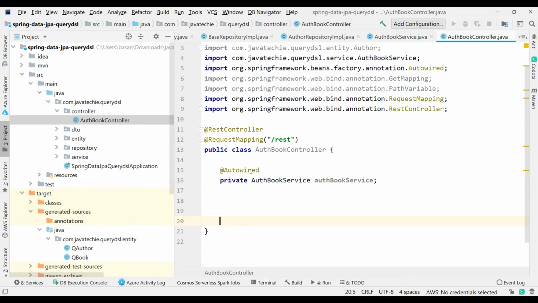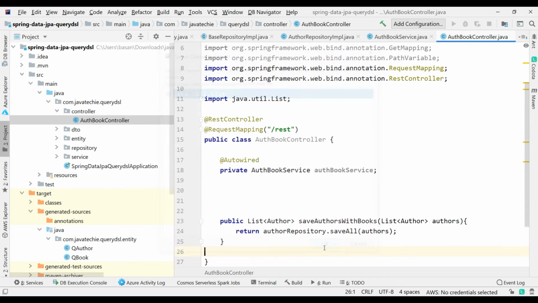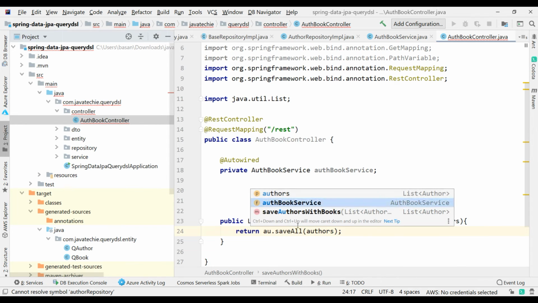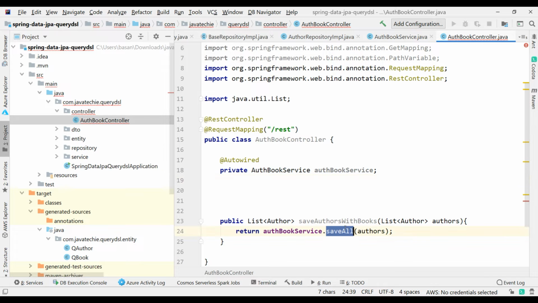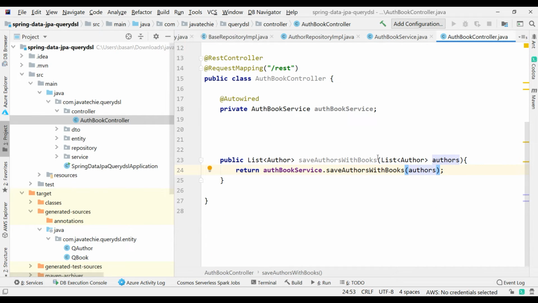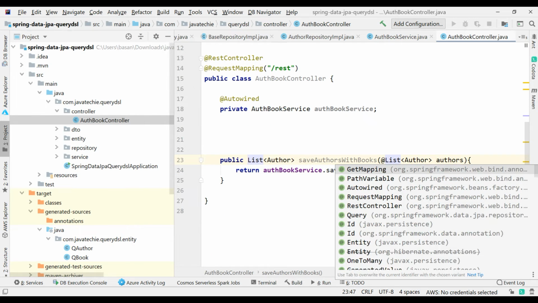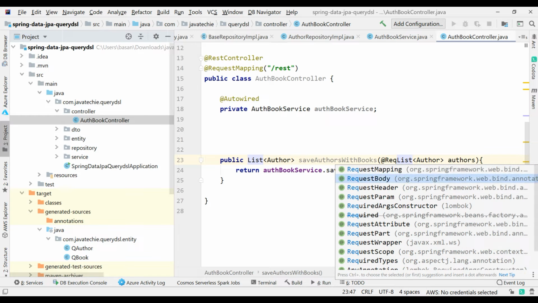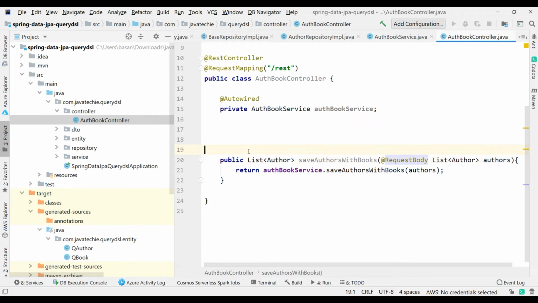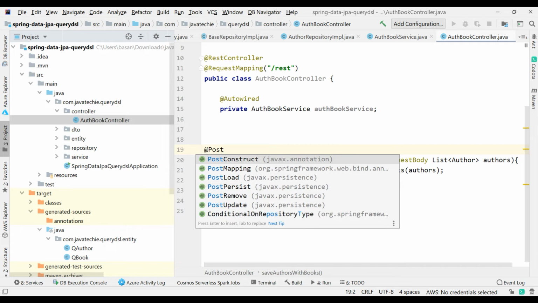Let's go to the controller. We'll directly use authBookService dot, what is that method name, saveAuthorWithBooks. Okay, since this will be a POST request, I need to pass the request body, and we just need to add @PostMapping here.